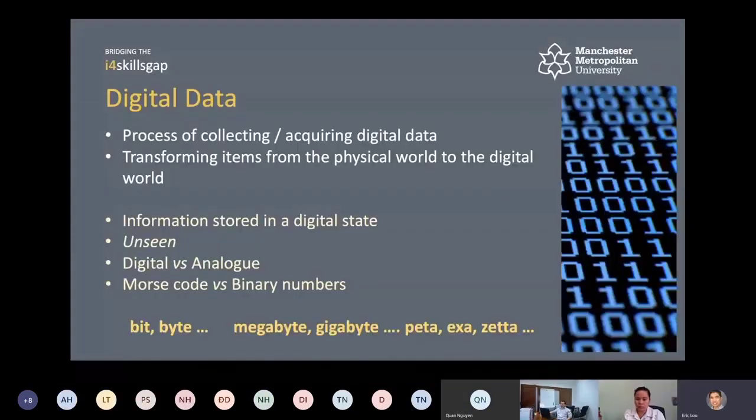Right, so what BIM is and what we want to do with BIM, okay? The key thing is that all the information you have in your models will be stored digitally, in a digital state. It's something we cannot see. How do you collect data? You can't see these things. It's all digital. We look at digital and analog, and Morse code, binary numbers, and all these things on the right hand side. You get the binary numbers. The key thing is that all this data we have can be in bits, bytes, megabytes, terabytes, and these data sets can go larger and larger, and we look at how to manage this type of data as well. Okay,